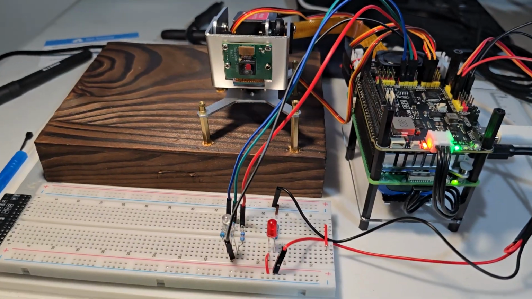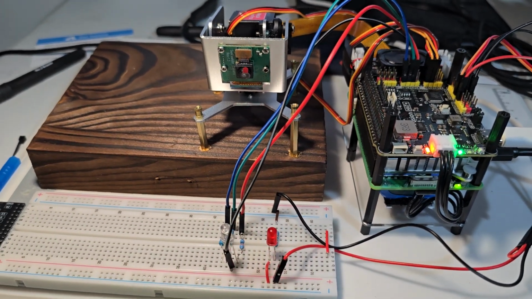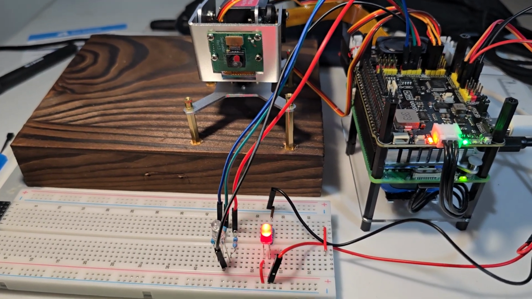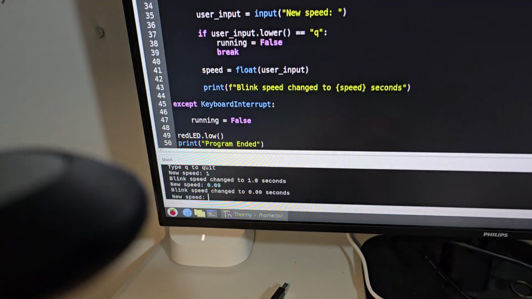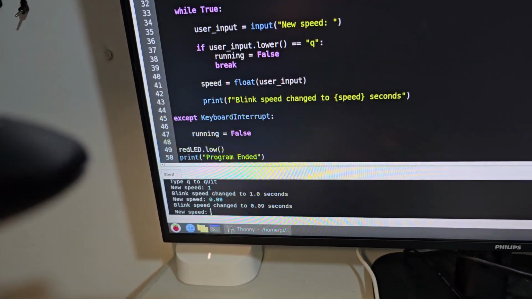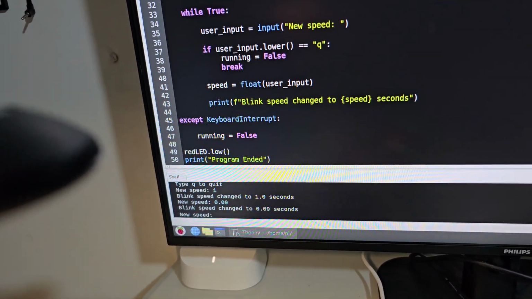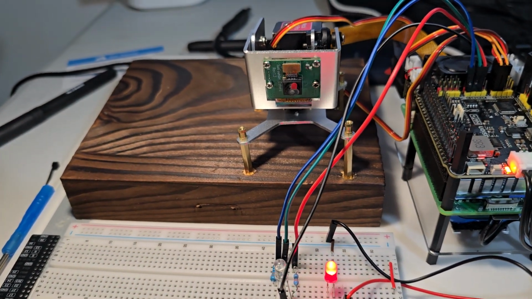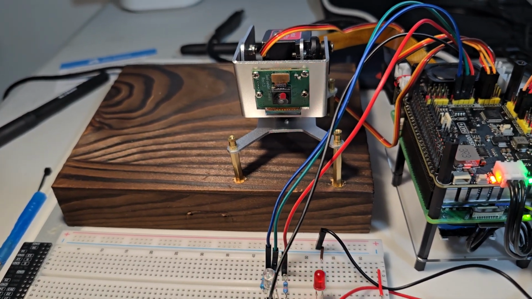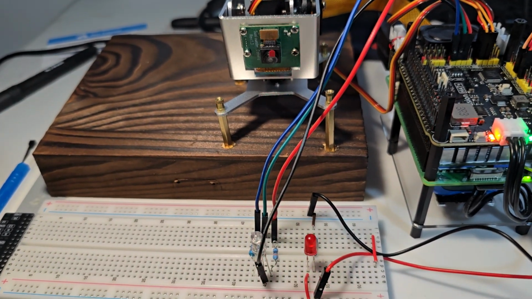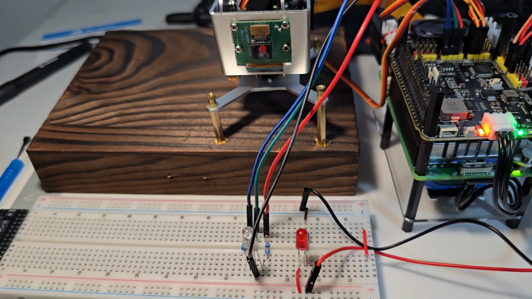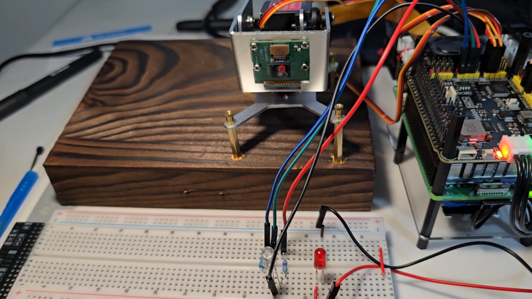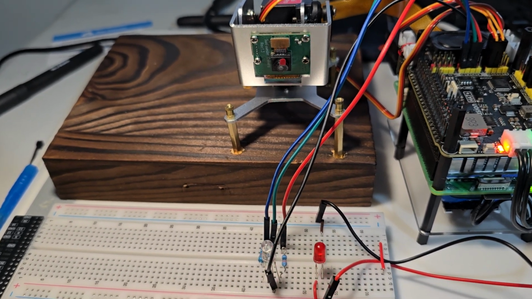So then if I type in 0.09, you'll see the new speed. And if I type in 0.5 or 0.3,